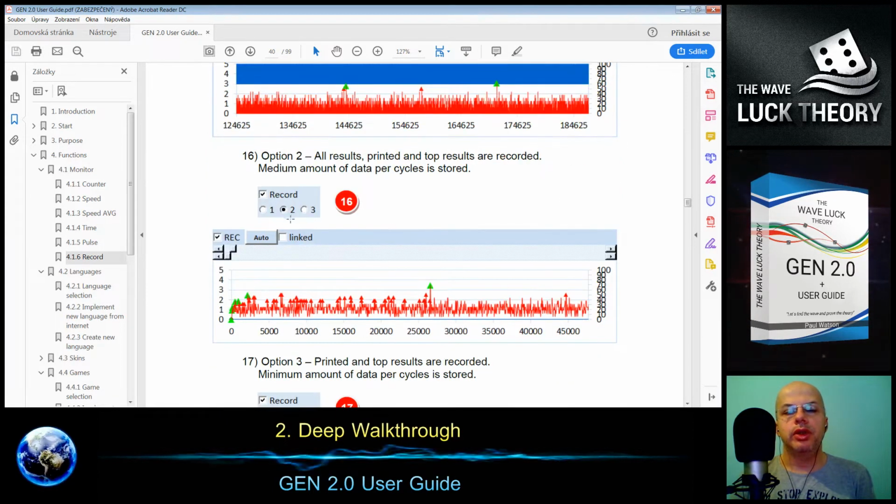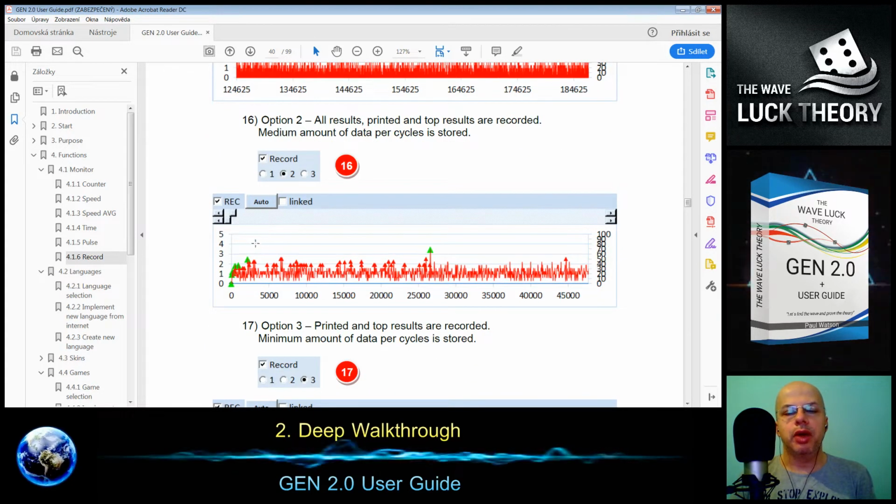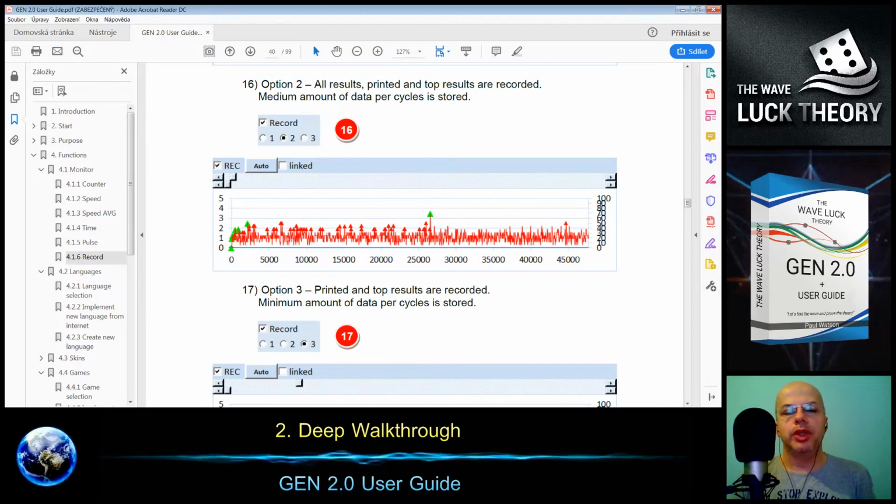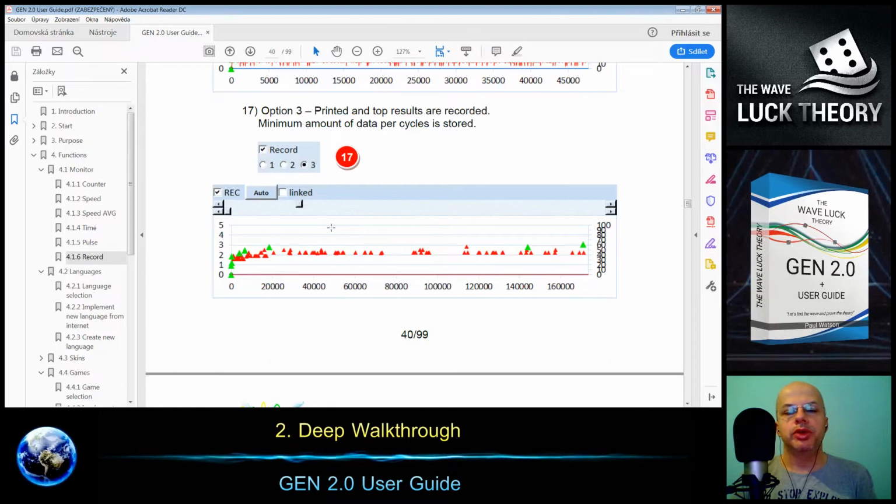If we select option number 2, the pulse is not visible at all, it's not recorded, but we have all printed results, the best, and all results which came through the filter. The third option is showing only the best results and the printed results.